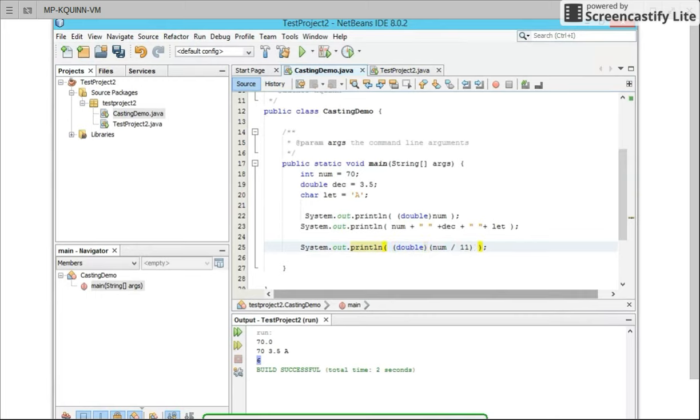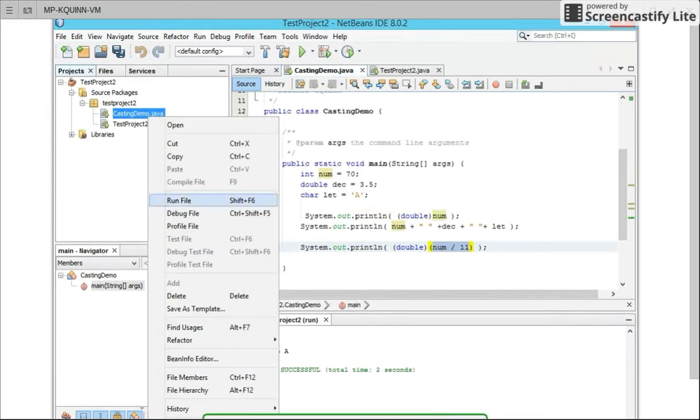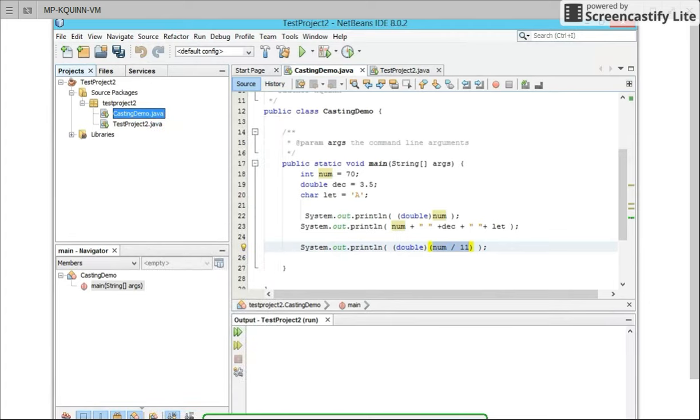Now notice there's a set of parentheses around num divided by 11. So order of operation says do this first, get the result, and then cast it. Well, in this example, it's still going to be 6, except it'll come out 6.0. There you go, 6.0. What happened in this instance is we did integer division and then said treat the result